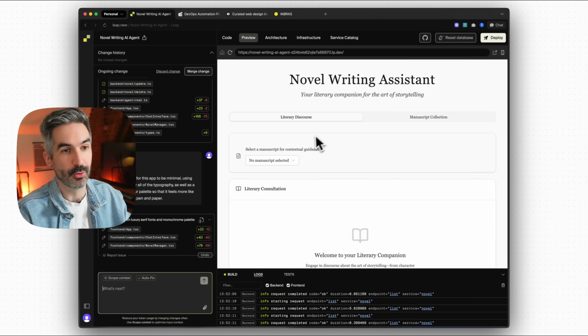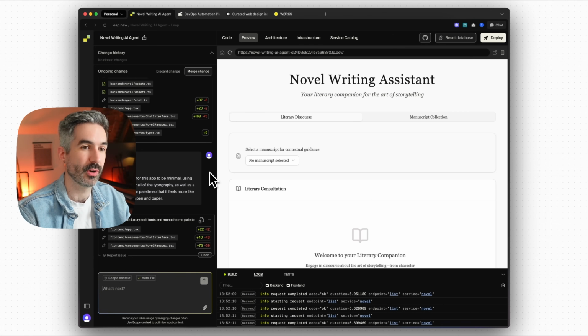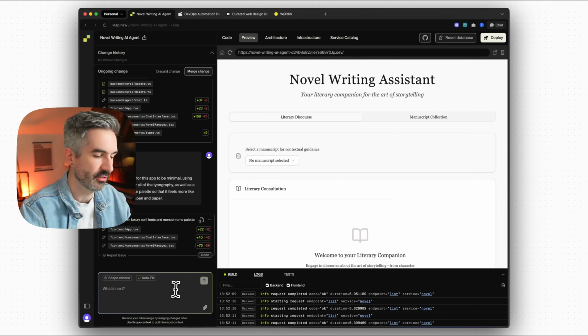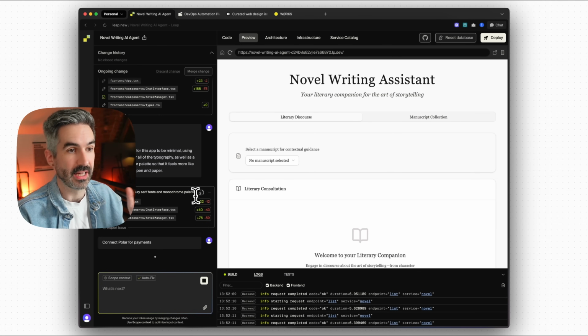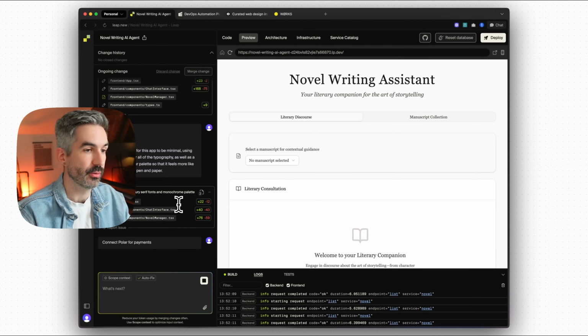So Polar is really great if you're building an app and you want to integrate payments, and Polar is a partner company for Leap, so they work really well together. All you literally have to do here is just prompt in the box, connect Polar for payments, and Leap will go away and do that integration for you just from that one